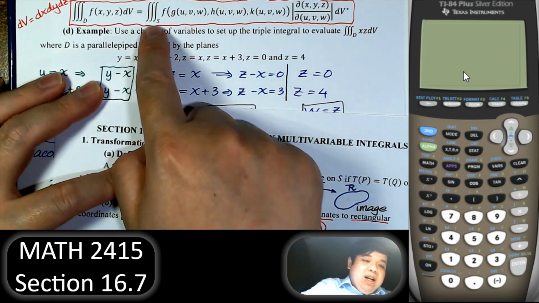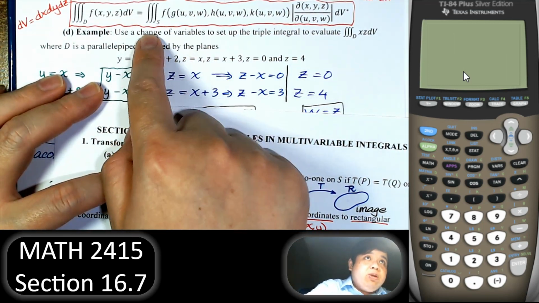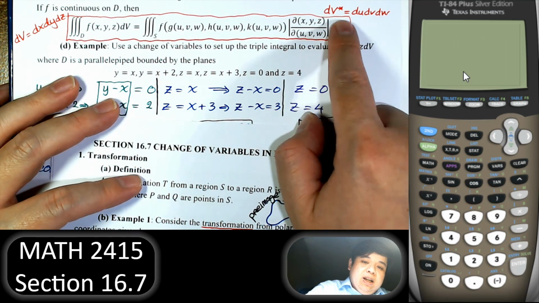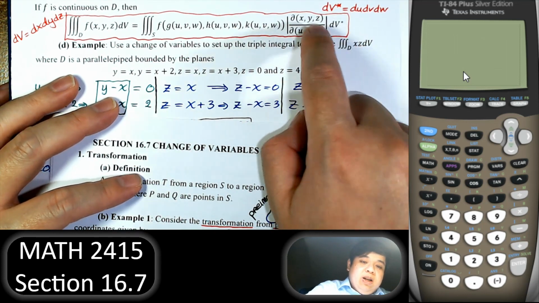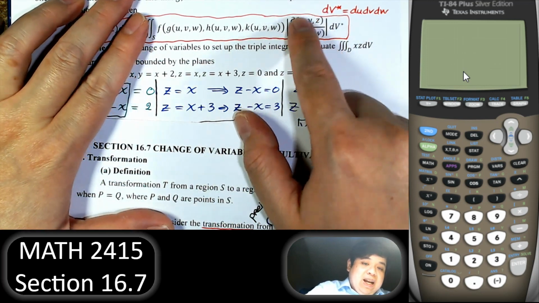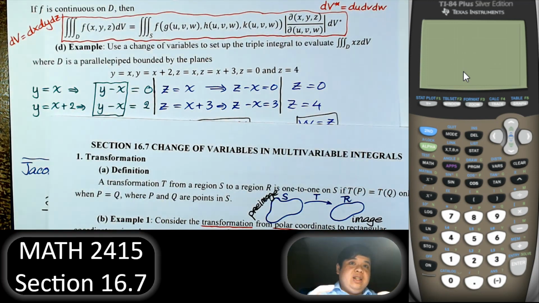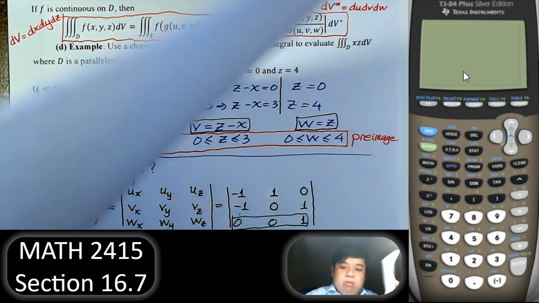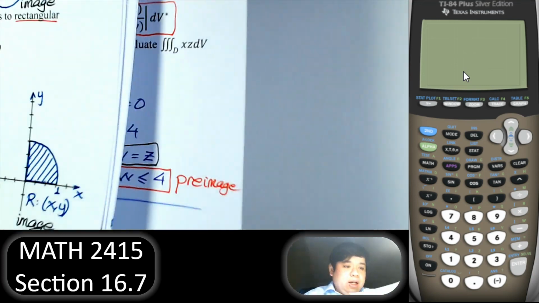Once again, the new limits for the new variables. The function has to be in terms of the new variables. And then the Jacobian is what we need to go from one variable to the other. Right. So other than that,